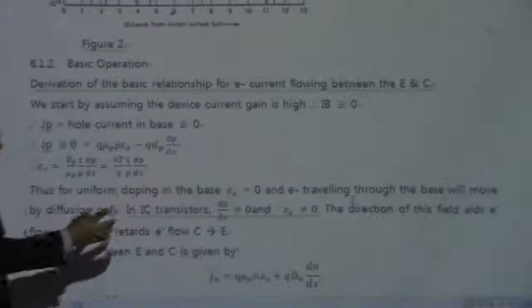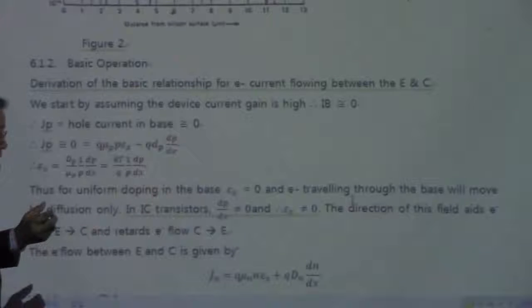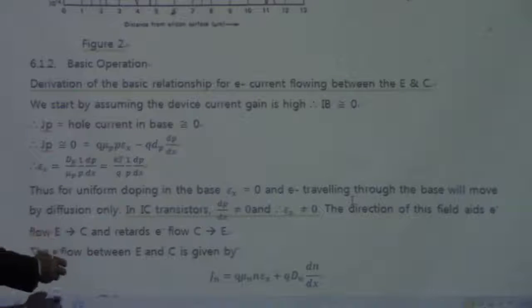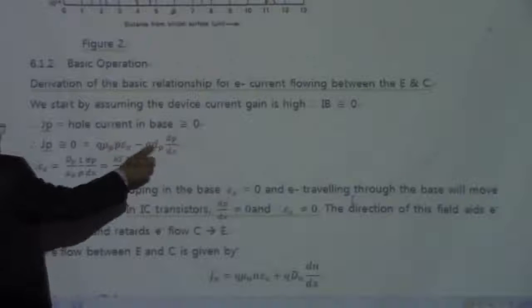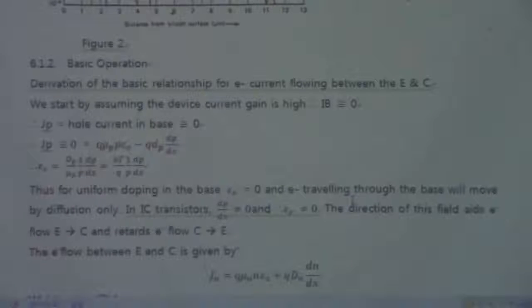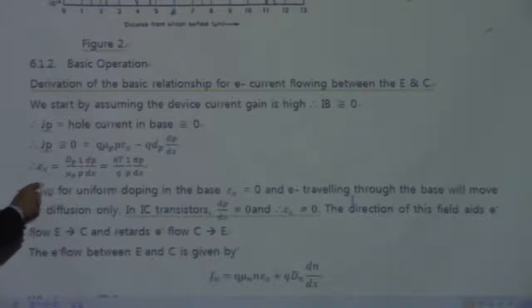The concentration gradient gives rise to a current. So it consists of two terms, and those two terms should sum to 0, because the total hole current from the base to the emitter is going to be 0. So we can deduce the electric field